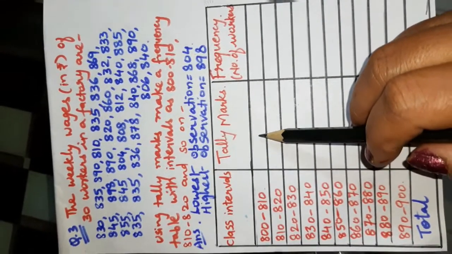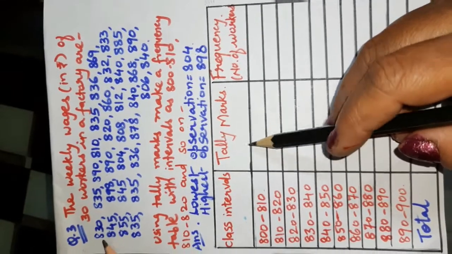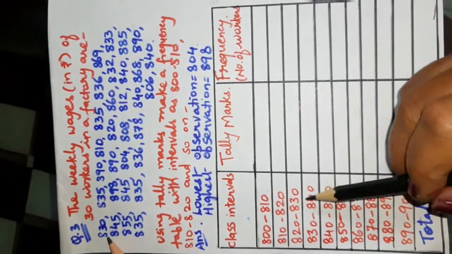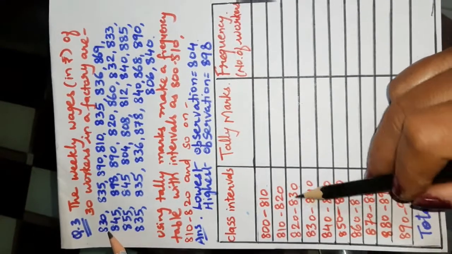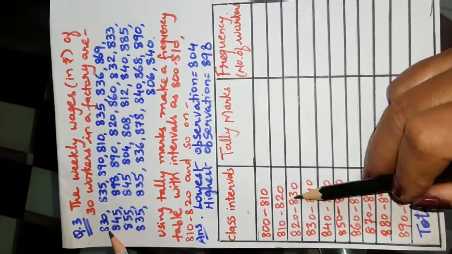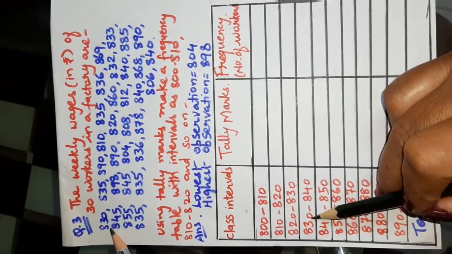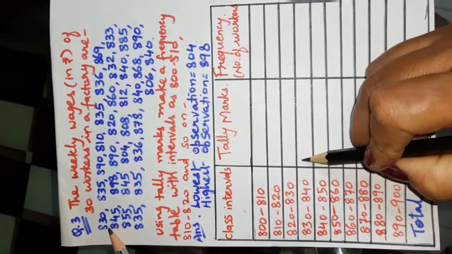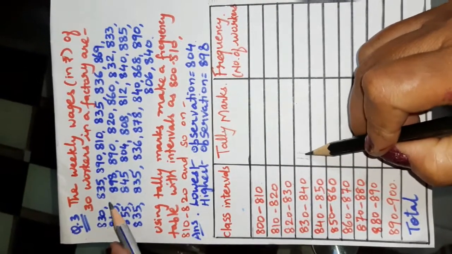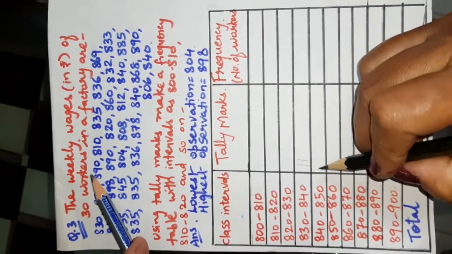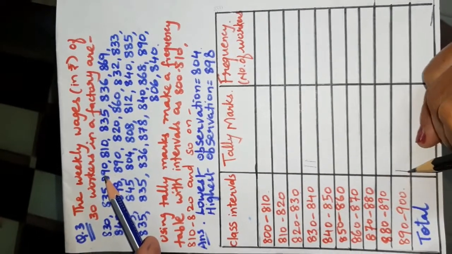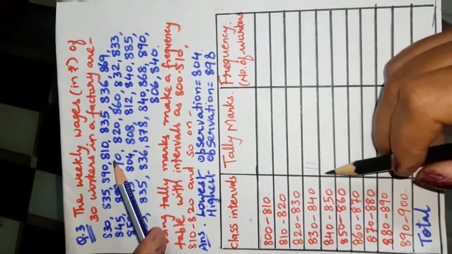So let us see, first number is 830. So 830 is here also and here also. So we will put it in the higher class, not in the lower class. This is called the higher class. So 830, then 835, 890 will be here, 810,